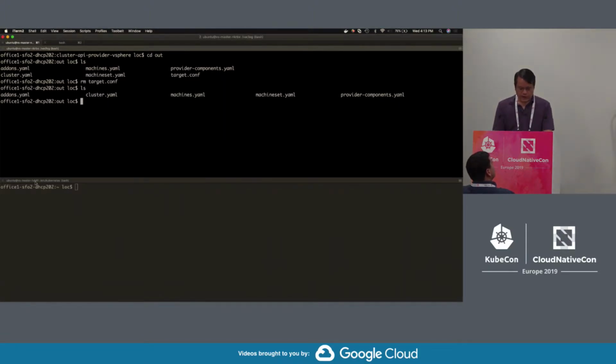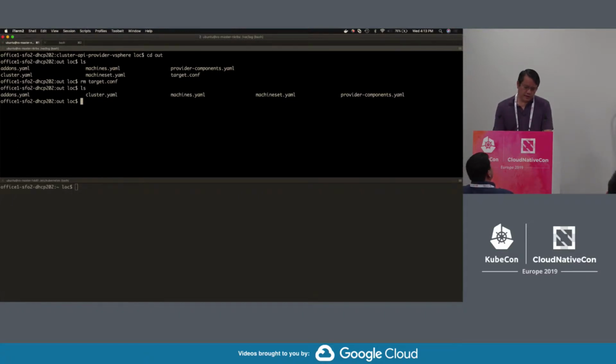So for today, I'm going to use Kind as my bootstrap cluster. For those of you who don't know, Kind is a project in the community that instantiates a Kubernetes cluster on top of Docker containers. Okay,